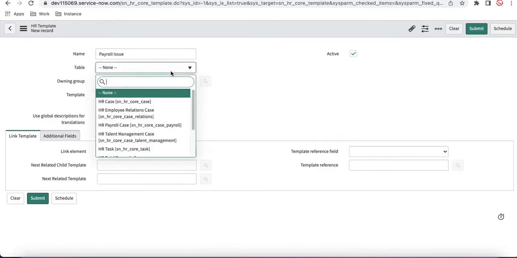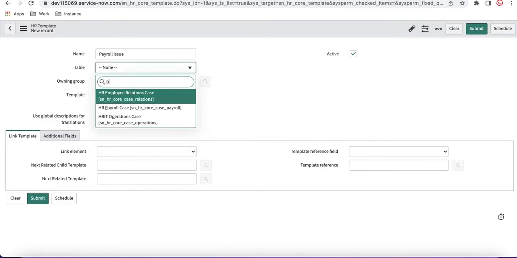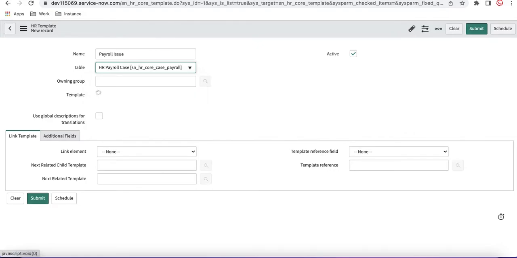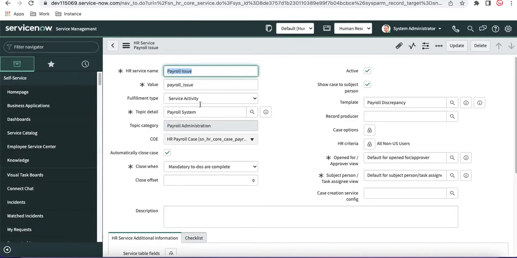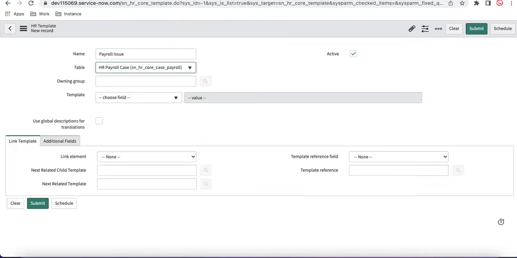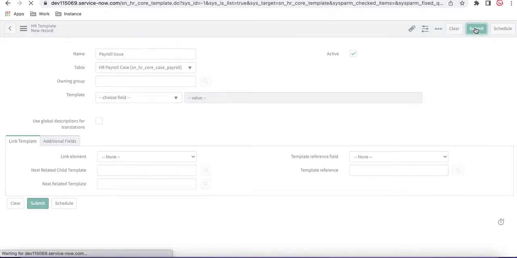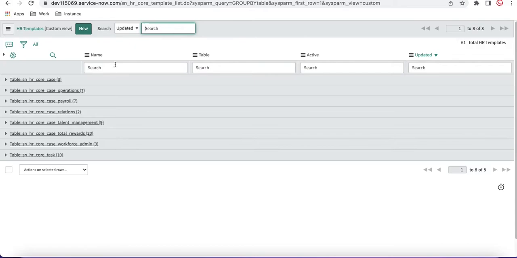Here I'll put the table name. In our case, we'll select payroll case, because this template will be applied to these HR services, right? In that case, I'm going to select the table, and then simply I'll not go through all these details. I'll click submit. And I'll show you how it will look. Once you submit that, and if I ungroup here,